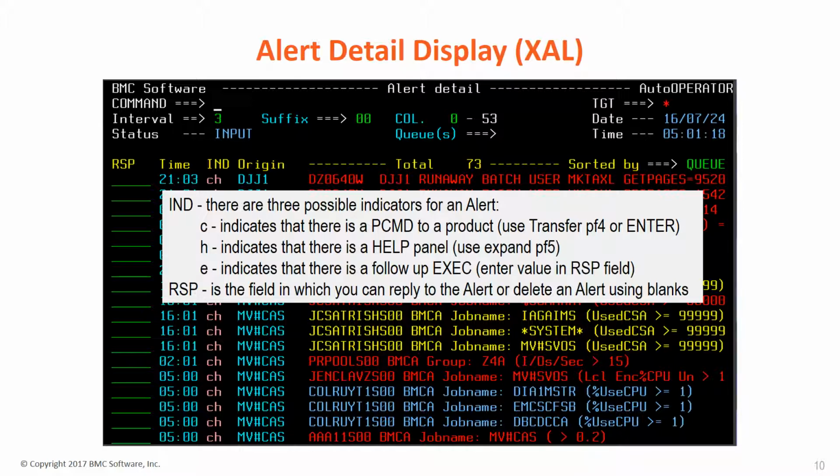Here's an example of the alert detail display. I'd like to explain the field that's labeled IND, which stands for indicator. There's a series of characters that could be in this field that indicate what capabilities are embedded behind the alert itself. If there's a C in the field, it indicates that there's a transfer command embedded in the alert that will take you either to another AO application or perhaps to a MainView display where you can begin your diagnosis